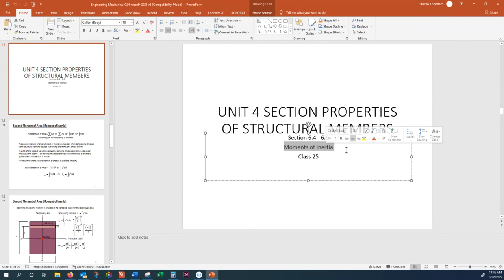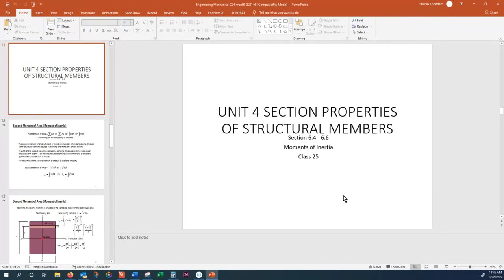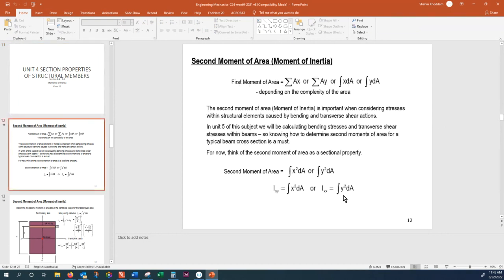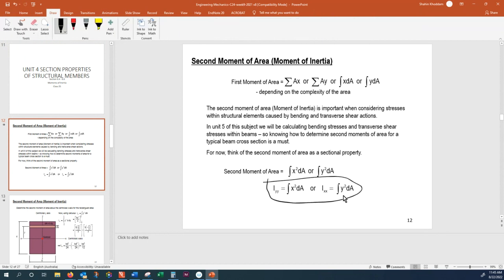From now on, we want to find out how to calculate the moment of inertia. And you know what? There are two avenues for that. One avenue is painful, one avenue is comfortable. The painful one is by integration. You can find the moment of inertia by integration, and that is the definition. This is painful. So what is the comfortable way of calculating moment of inertia? That is using the table,